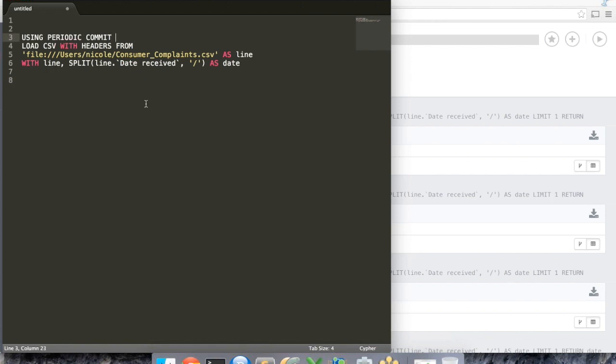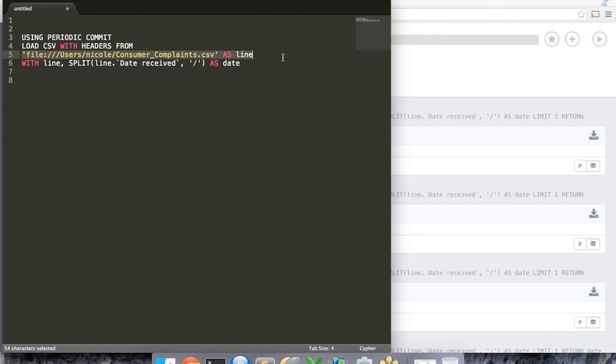Using periodic commit, the default is 1000, and you can think of it as committing every 1000 rows. And you can tweak this depending on your machine, depending on a million things that will depend on your specific use case. But I'm going to go ahead and use the default, using periodic commit, load CSV with headers from